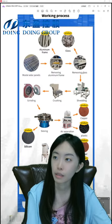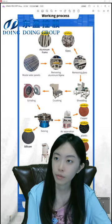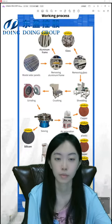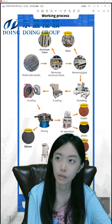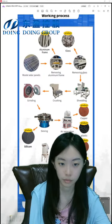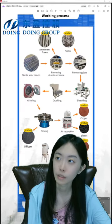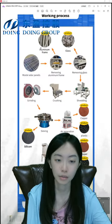The first step is to remove the aluminium frame. This is a dismantling machine or a removing machine. And then we bring it to the glass removing machine to remove the glass particles, and crush it to smaller ones. These are the glass products we can get. It's not dust, not powder, it's particles, nearly 0.5 millimeter or 1 centimeter. This is the size. And the frame, the whole frame from the first step, we can solder it or